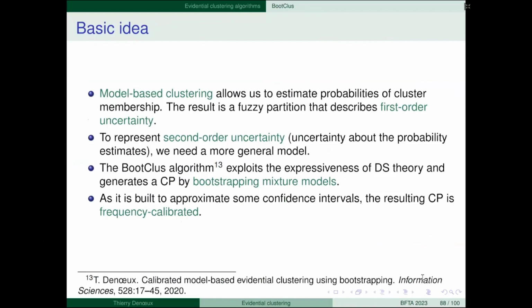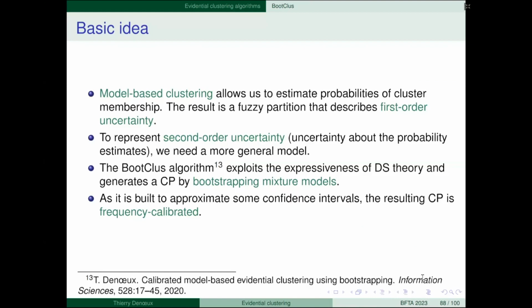So the idea of the bootstrap is you resample from the data. You have a data set. You create a new data set by resampling from the data. If you have n objects, you draw n objects with replacement from the data set. It gives you another data set of the same size, where some objects are not present anymore, they were not picked. Some objects may be present several times. And you can do this several times.